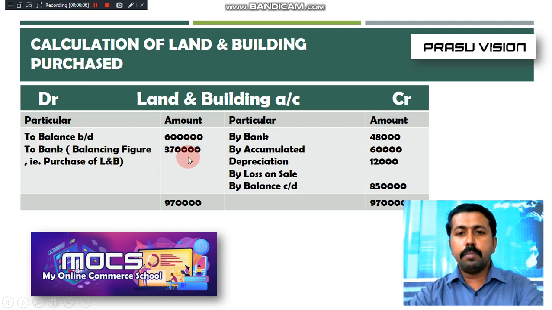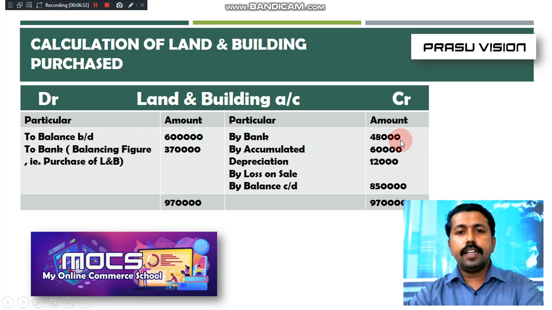The balance amount is 3,70,000. The balance coming on the debit side indicates purchase of land and building. So we got the items in investing activity: purchase of land and building 3,70,000, a negative outflow of cash, and the sale of asset by bank 48,000, an inflow of